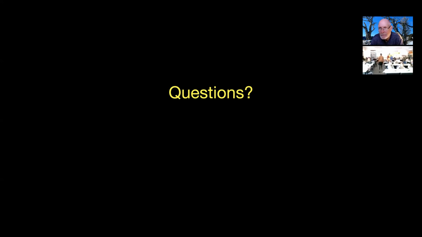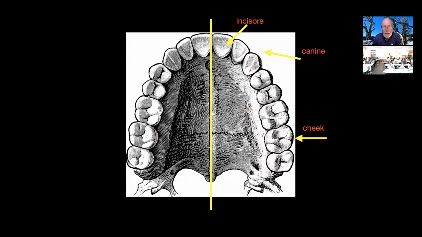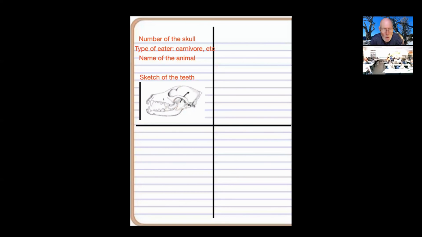So there's some questions like, what are they doing in the 4 boxes? Oh, so that would be 4 different skulls. Each skull gets a little drawing and a little box. 4 different skulls you're going to visit, okay? And each is a key, so that's why you split up your paper into 4. Number of skull, type of eater, carnivore, or what's the other word? And maybe the name of the animal, and then you're doing a sketch. Okay, good. Well, those are throughout the room.